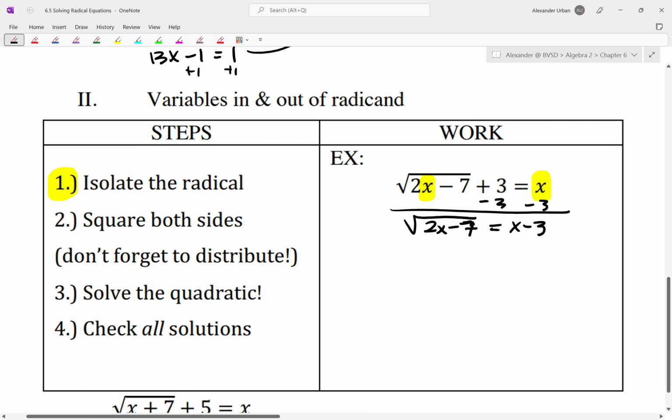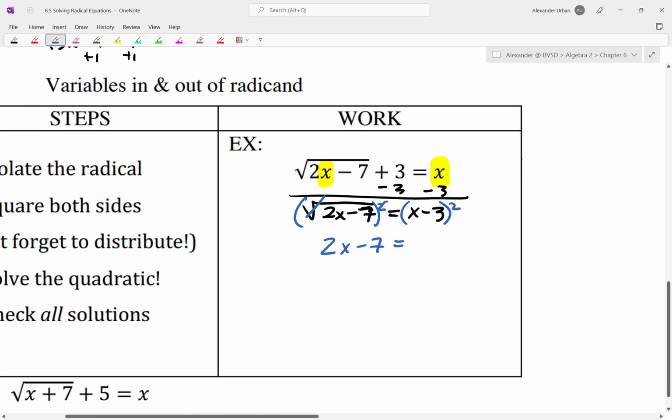From here, to get rid of our square root, we need to square. If I square one side, I must square the other. On the left side, the square and the square root cancel out, inverse operations. And it'll be equal to, and I'm going to take this x minus 3 squared, and make sure to rewrite